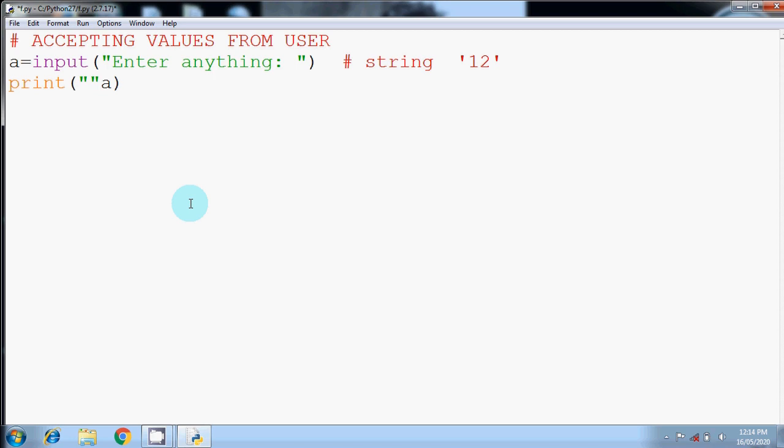If I want to show anything else, let's say I am saying this is your input, and then I am writing the variable's name a, then I have to use the plus symbol, as you can see here. But this will be possible only when both the things are of the same type. As you can see, this complete thing is also a string because it is a combination of characters, and the variable a is also a string as the value entered is using the function input.